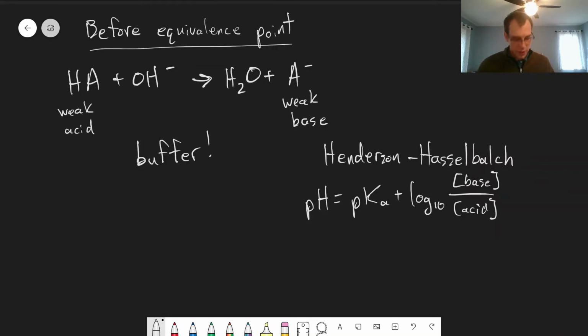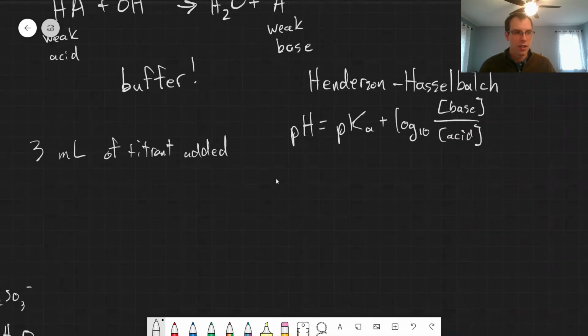All right, and so we can go through and calculate the moles involved here. Let's imagine we've got 3 milliliters of titrant added. So we could figure out how many millimoles are in that 3 milliliters and then subtract it. There's a slightly different way to do this that can be easier. You can go through it the other way by calculating millimoles, and you'll get the right answer that way too. But one way to streamline this calculation, make it a little bit simpler, is to